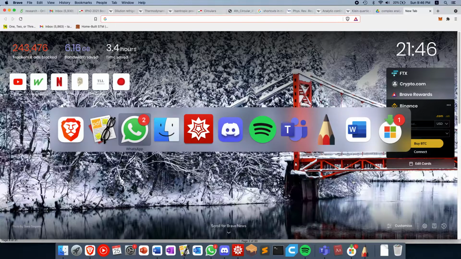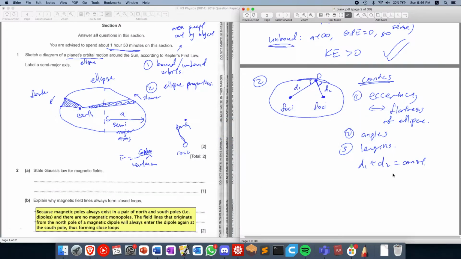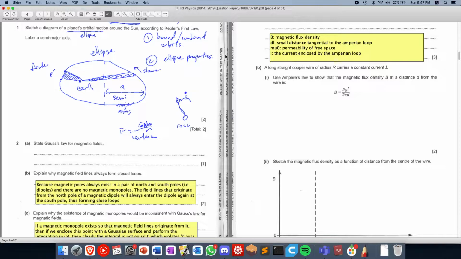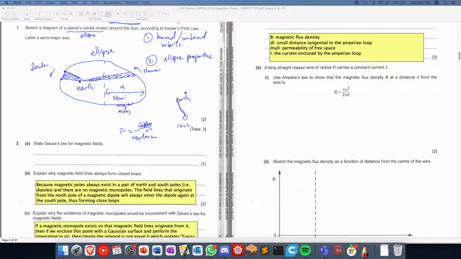Okay. So with that, I think I'm done with talking about ellipse, and I believe I've already spent 15 minutes. Okay, so let's go on to the next question. Gauss law for magnetic fields. Okay, so Gauss law for magnetic fields,